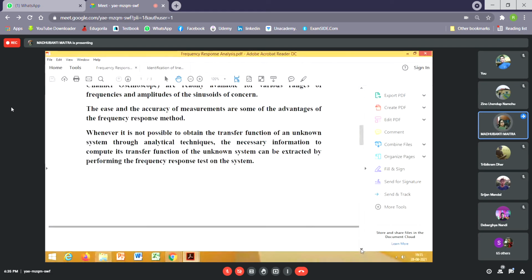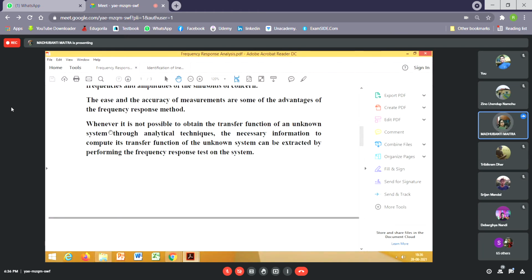When we discuss the experiment, we'll find that it is a very simple experiment, with the help of which we can determine the transfer function of an unknown system. And this experiment is a very special one, because in theory classes, while we'll be discussing Routh-Lucas technique or Nyquist stability criteria, often I'll refer to this particular experiment. For understanding the theory part of linear control systems, this experiment has special significance.